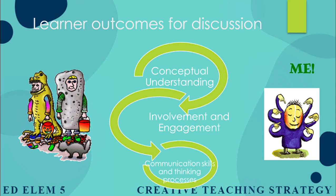Another thing that we need to keep in mind is that we allow the students to share their thinking process, especially when they do inquiry-based science, asking questions in math, and how they derive those answers that they have. Now, I have a question. How did your teacher when you were still in elementary give